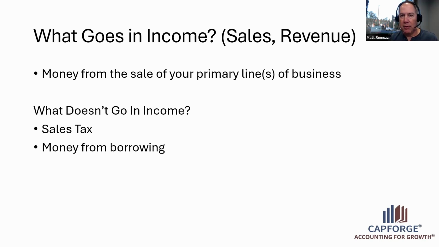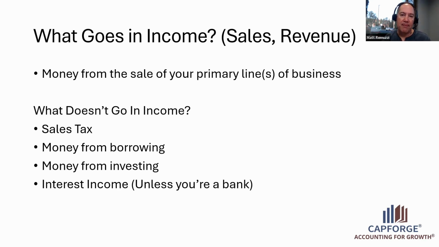Money from borrowing is another thing that doesn't go on the profit and loss statement because it's not money you made from selling something. It's money you agreed to borrow and pay back at a later date. So that also goes on the balance sheet, not the income statement. Money from investing, whether it's you putting money into your own business or bringing in a partner who invests or an outside investor who invests in the business. This is not money you made from selling anything, so it doesn't go on the income statement. Even though these are all things that come into your bank account, they do not go on the income statement